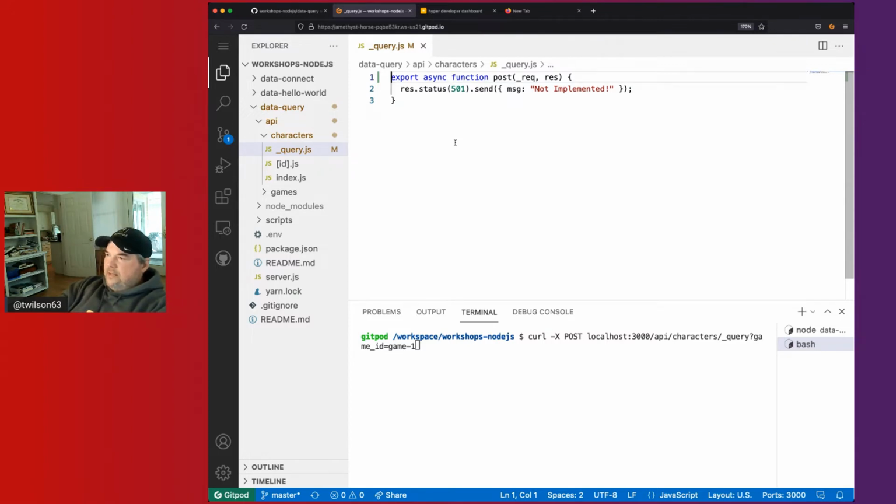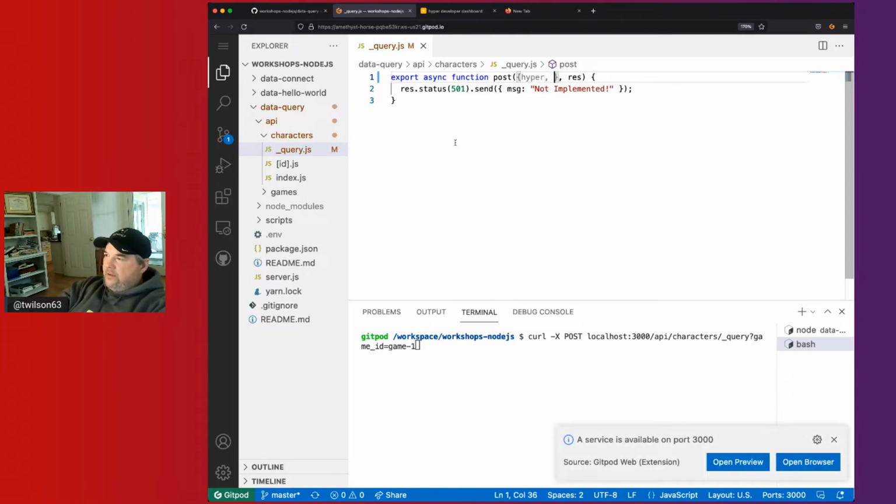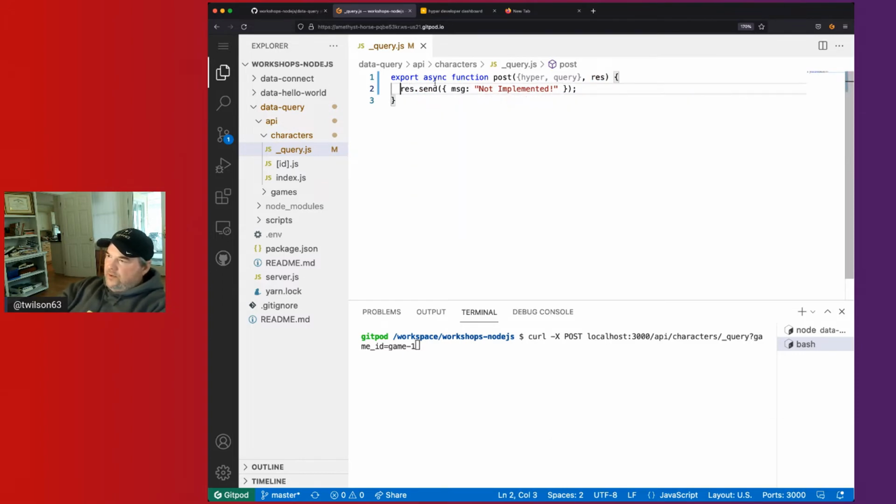So to do that, before we were importing hyperconnect and we could do that here, but since that's a repetitive process, we went ahead and took care of that at the server so that we can attach it via middleware to our request object. So we can just pull hyper out here. And we also need the query params because we're passing a query parameter of game ID. So we can just pull those out of the request object and get rid of this status 500, and we will do const result equals await